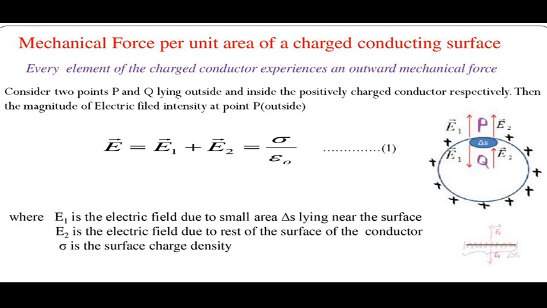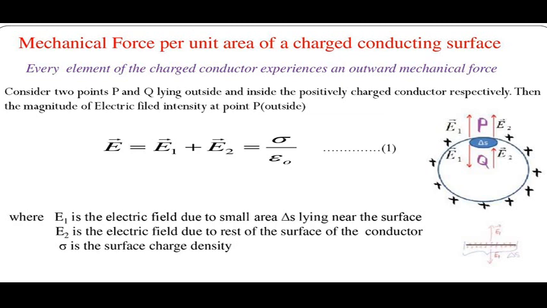Here this delta S is nothing but a straight line of positive charges, and for a straight line of positive charges the electric lines of force will be pointing away from the positive charge on both the sides. So if we come to the spherical conductor, you can see E1 is the electric field of this delta S surface element, and outside it is pointing away from the sphere, and inside the sphere it is pointing inward